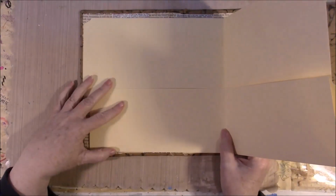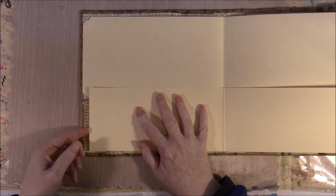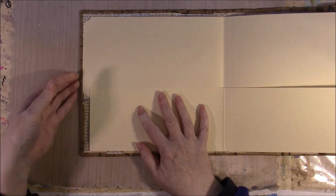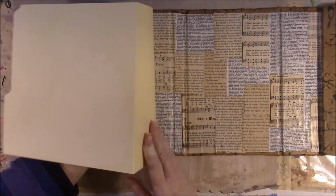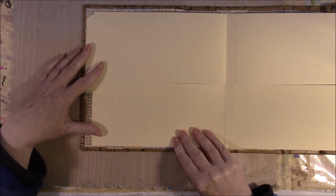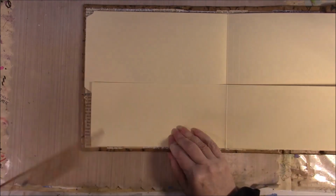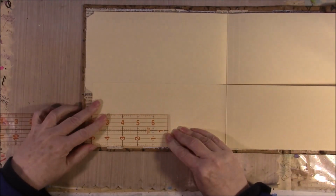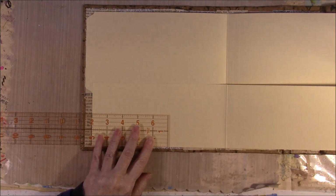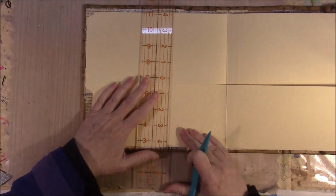So now, honestly, this takes a while to think about. You have to think about it. I wanted it to be just about 1/4 of an inch smaller all the way around than my book. So measure your book and then subtract about 1/2 inch each direction. And I wanted the flap of the file folder to stick out there on the left-hand side, as you saw. So I'm just kind of looking at my ruler, thinking about what I want, and rather than a pencil mark, I just made a dent with my